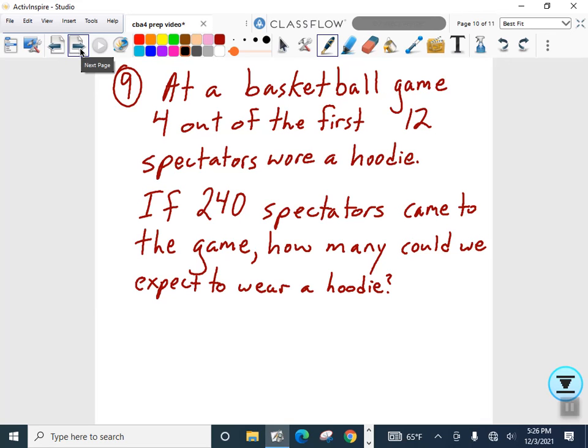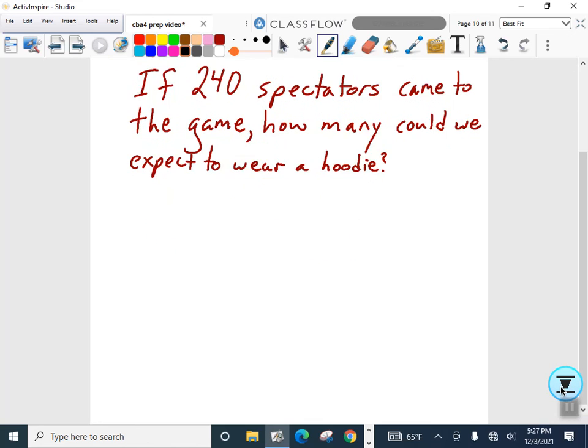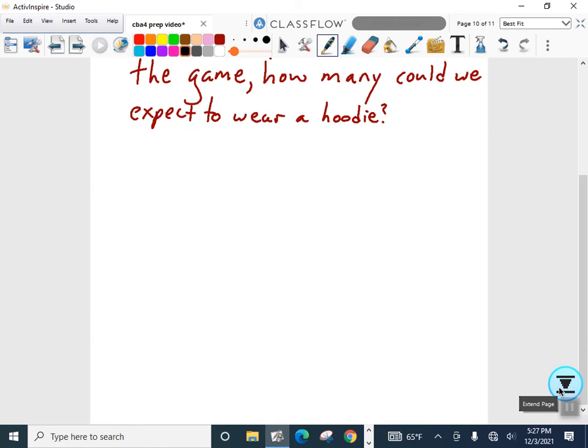Number 9. At a basketball game, 4 out of the first 12 spectators wore a hoodie. If 240 spectators came to the game, how many could be expected to wear, or how many could we expect to wear a hoodie? Okay? So we're saying 4 out of the first 12. And that's going to give us a fraction. And we can multiply that times 240